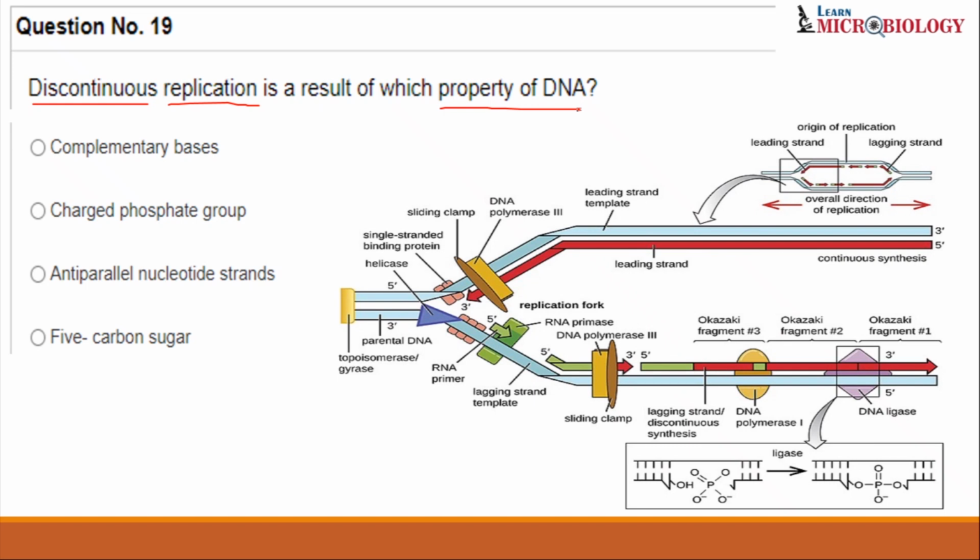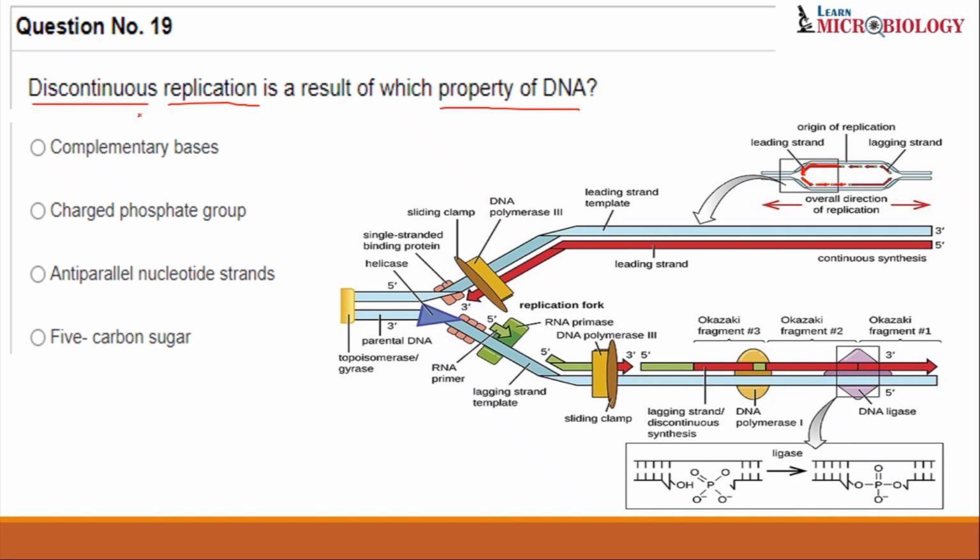This particular diagram is very big for understanding, so let me just look here. Can you see this particular small bubble, the replication bubble? So see, one of the strands, called the leading strand, this particular strand here, gets replicated directly, right? But what happens to the lagging strand? It gets replicated in pieces. Hence we say the DNA replication is discontinuous replication.